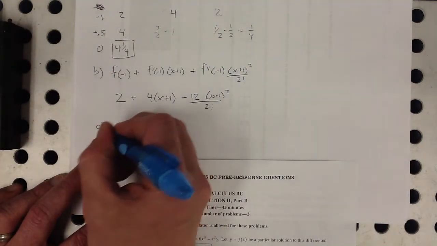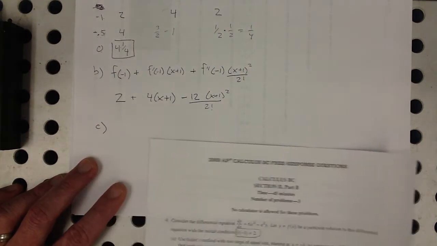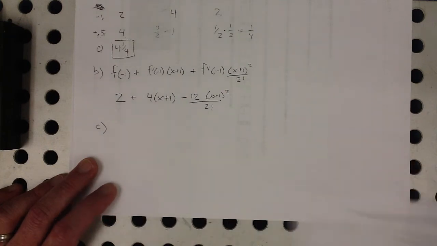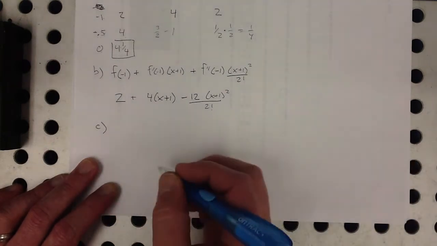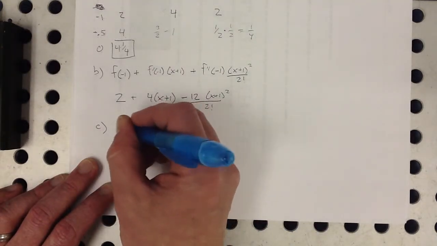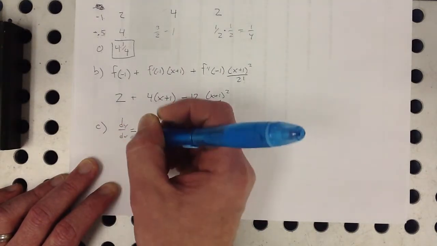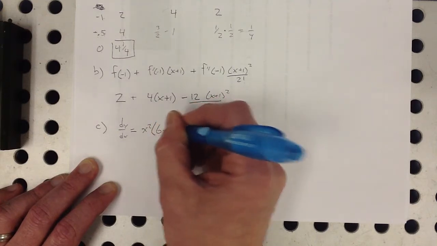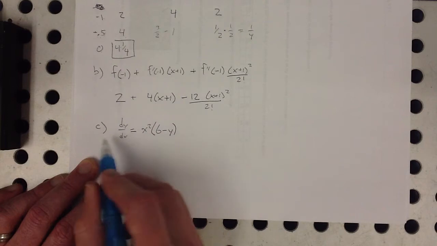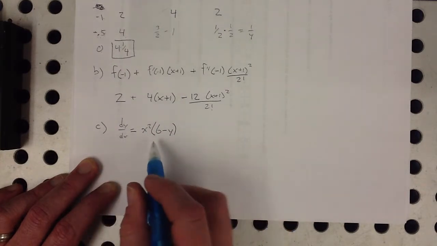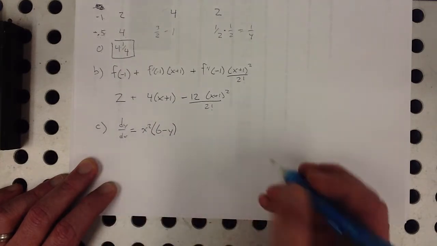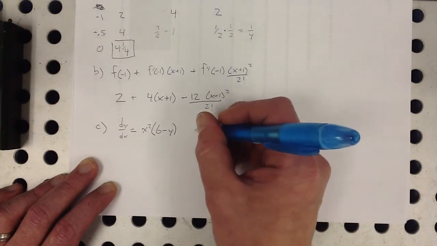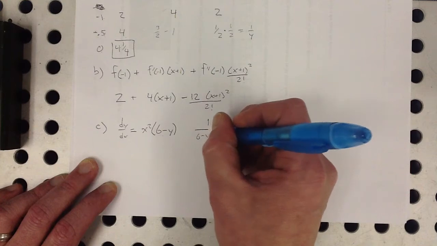And part C, find the particular solution to the differential equation with that initial condition. So this is where we have to separate our variables. dy/dx is equal to, I'm going to factor out the x squared. Remember, we can only separate by multiplying and dividing. Adding and subtracting does not work. So factoring the x squared out gives me this, and then separating the variables, I get 1 over 6 minus y dy